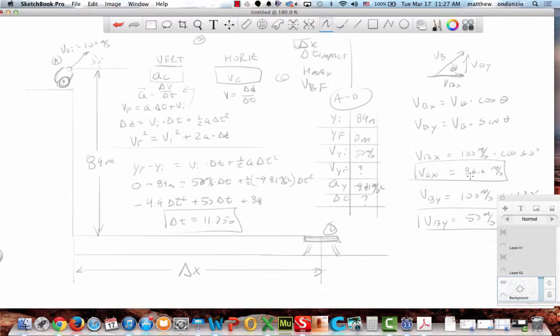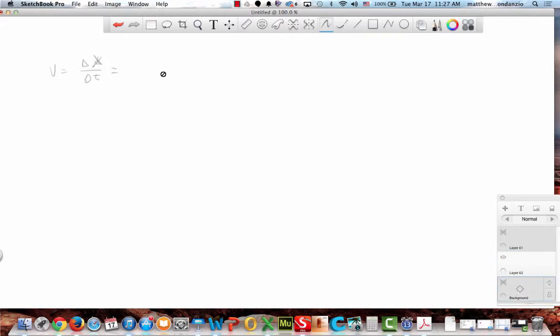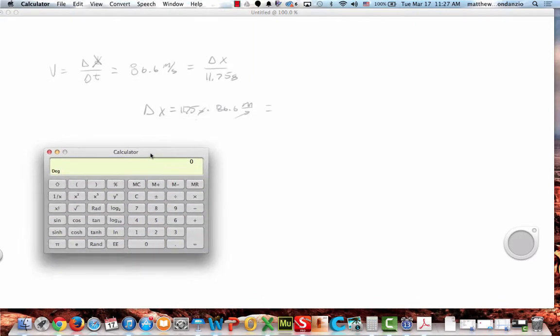It was 86.6, right? So 86.6 meters per second equals my delta x over my delta time, which is now what? 11.75 seconds, right? So delta x equals 11.75 seconds times my 86.6 meters per second. And I notice that my seconds cancel, giving me a delta x of